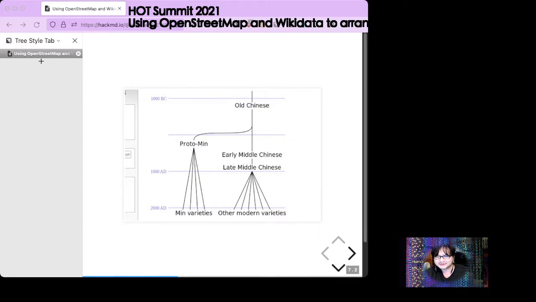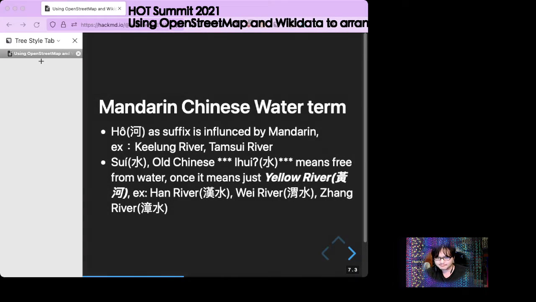Here is a language view. Taiwanese Hokkien belongs to the Min varieties, traced from Old Chinese and evolved from Middle Chinese. We also have some water terms from Mandarin Chinese, like "he" as a suffix, which is in both Mandarin Chinese and Taiwanese Hokkien, like Keelung River and Tamsui River. There might be a connection because in recent times Mandarin has influenced Taiwanese Hokkien.